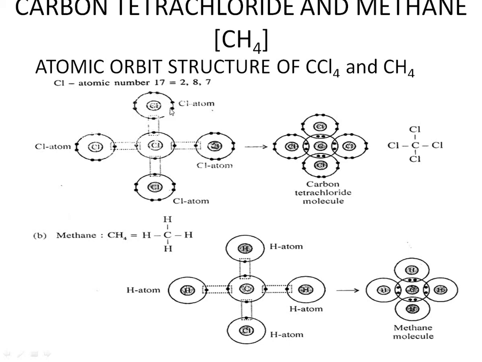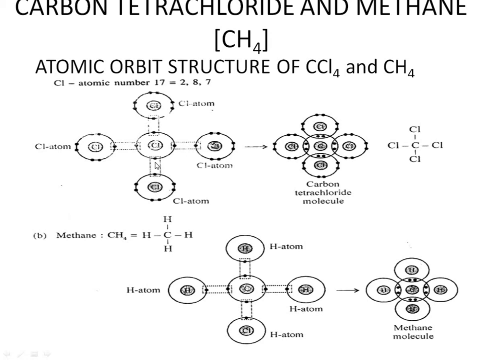Now for 1 chlorine atom you have 7 there. So 6 electrons in pairs you are going to draw. The same way here also, the other side also. Only 1 electron is not paired, which is going to face towards the carbon atom. In such a way you have to draw. If you are drawing 1 electron here and the others in pairs like this, you cannot share like this. So it should face inward towards the carbon atom. The electron which is going to pair has to face inward. The same way for the other chlorine also.